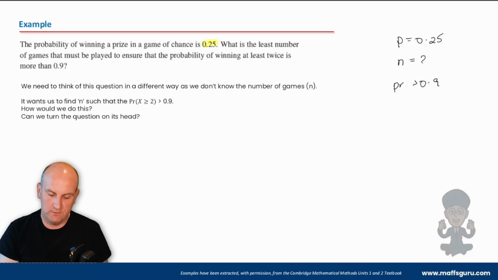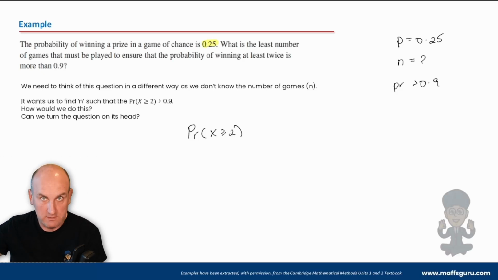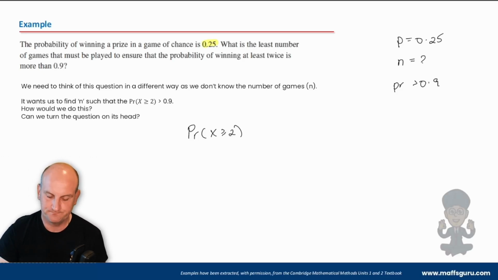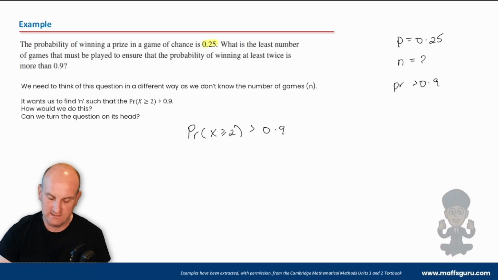But what we tend to do is we say, well, what we're looking for then is the probability that x is greater than 2, that there are 2, 3, 4, 5, onwards successes being greater than 0.9. Well, we can't find that. That would be crazy. But what we can actually do is therefore say, just turning the logic on its head,